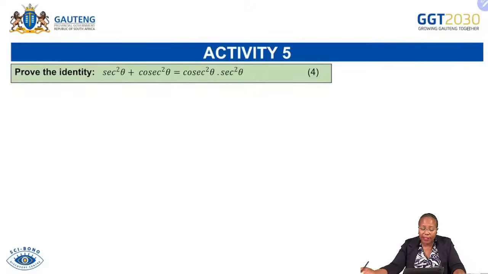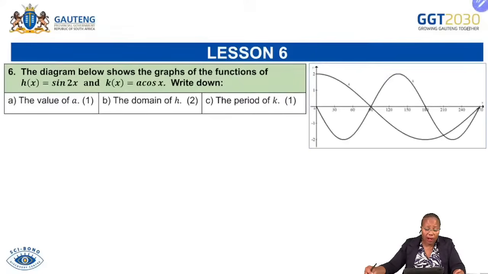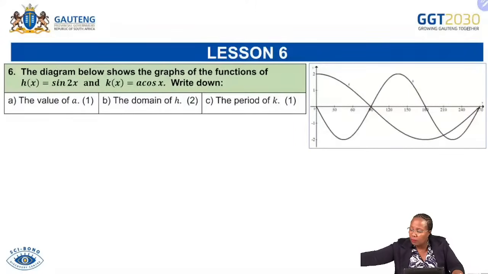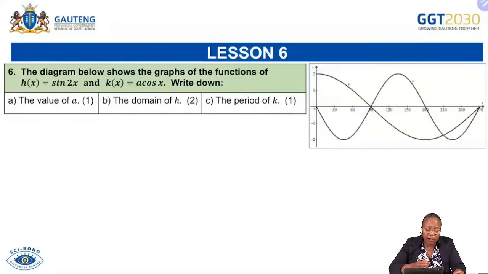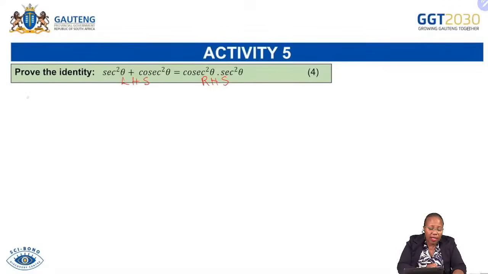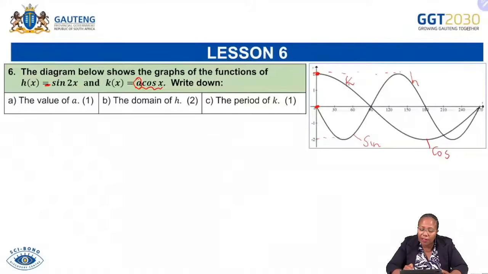And then now we have another identity application here, where we have the left-hand side and the right-hand side. Let's say we are taking our left-hand side to solve this problem now. Remember, in some cases, you can use your right-hand side, it works well, okay? In this case now, let's say we focus on the left-hand side. And then now we are having a sec. Remember, sec is a reciprocal of a cos. We are going to write this as 1 over cos squared theta. And then plus the cosec is 1 over